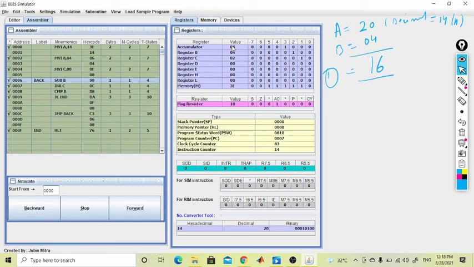Again the accumulator register is greater than register B, so again the subtraction will be done, and again C is incremented by 1. You can see it as 3, and again we compare B. Again we find the condition is not satisfied.